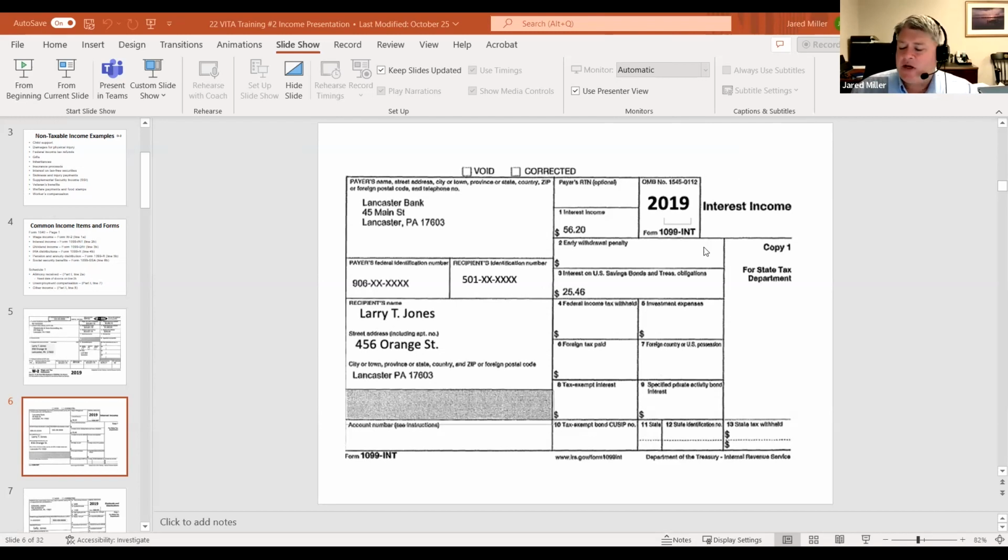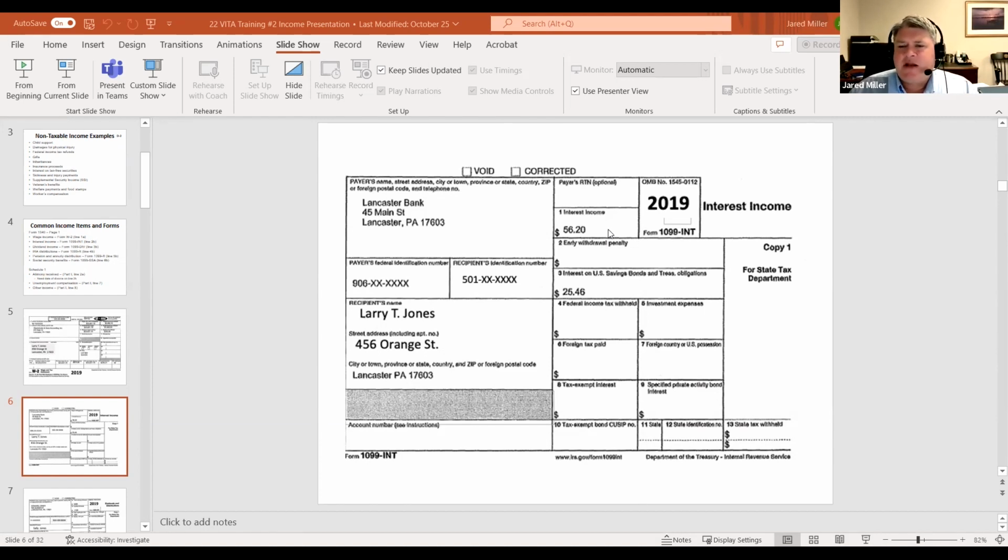Otherwise, we may have an issue down the road where the IRS is going to say we have a mismatch issue. So for the 1099 series here, the INT refers to interest income. The predominant one we're probably going to see on the 1099 INT will be interest income in box 1. Generally, we've talked about in the past that we haven't seen this all that often because interest rates have been relatively low, particularly when we're talking about individuals qualifying for the VITA income level. But now that interest rates are rising, we may see a little bit more interest income.